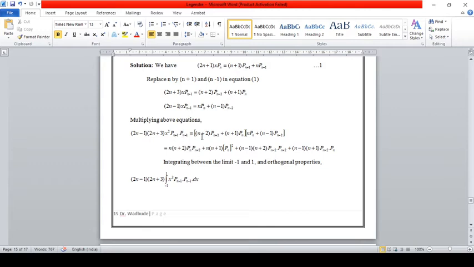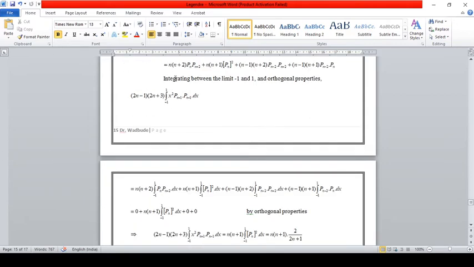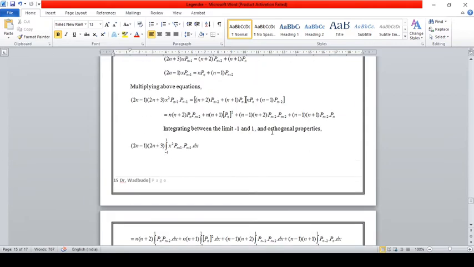square and this. Here again, multiplication: n plus 2 is the first bracket and this is the second bracket. This is the multiplication of the first and second bracket. This is the new equation. Again, integrating this equation between minus 1 to 1, by the orthogonal property, this is the coefficient on the left hand side,